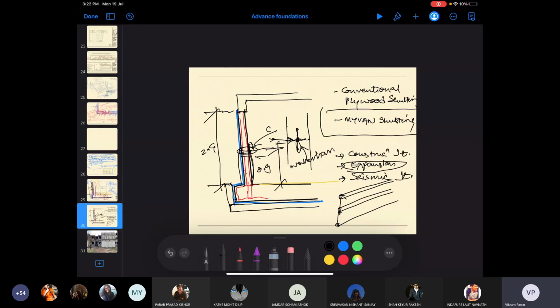so far, I hope the topic is fairly understood, clear, because once you understand the waterproofing, then the design of deep foundations becomes easier. You need to understand the construction and the waterproofing part of it.